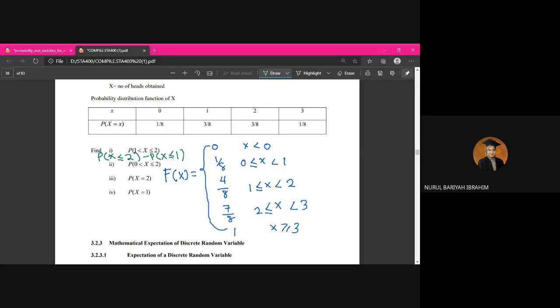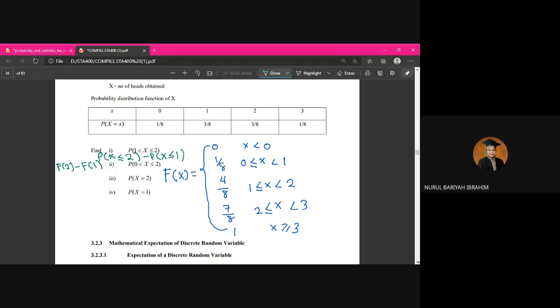So, you will get 2 sahaja. Betul tak? Okay, 1 tak termasuk. So, it is F2 minus F1, which is 7/8 minus 4/8. The answer is 3/8. Okay. Yang kedua,